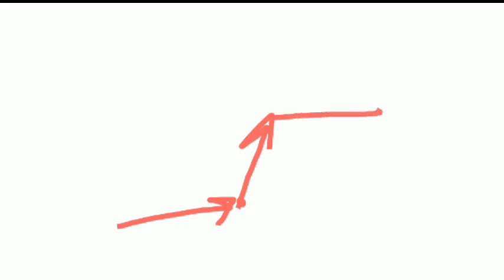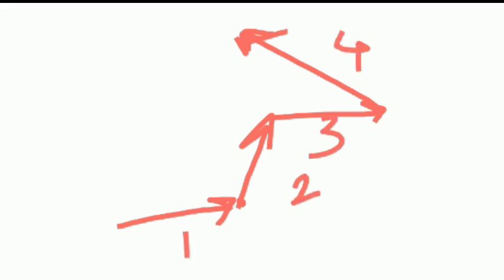Suppose we have more than two vectors. How can we add them graphically? We can use the triangle law. So we will put the tail of the second vector at the head of the first vector. So here I will put another vector. So this is a vector. Then suppose there is a third vector, and then again a fourth vector. So what will we do to get the resultant of these four vectors, 1, 2, 3 and 4?